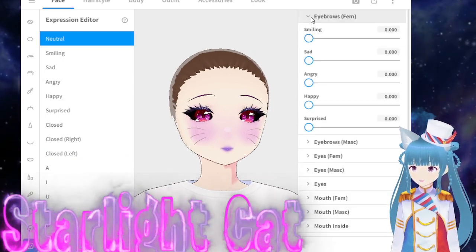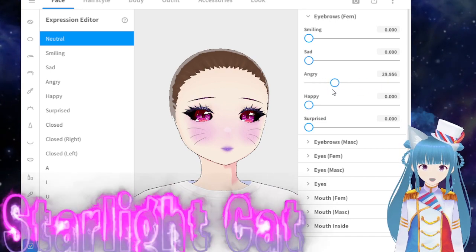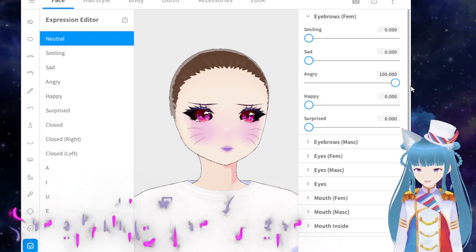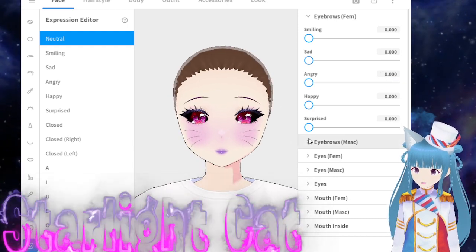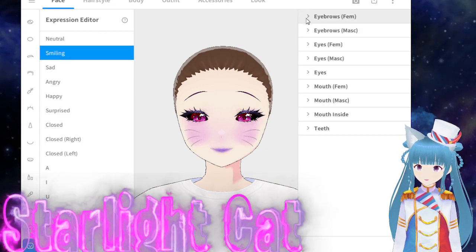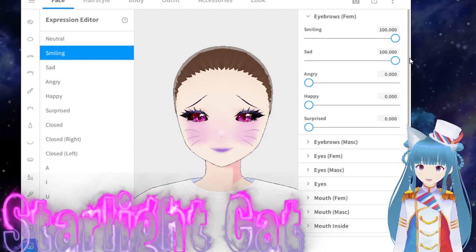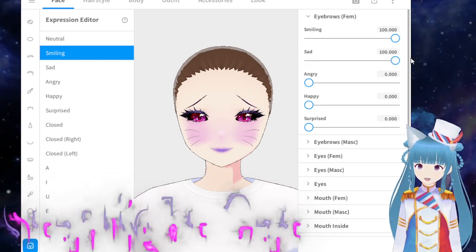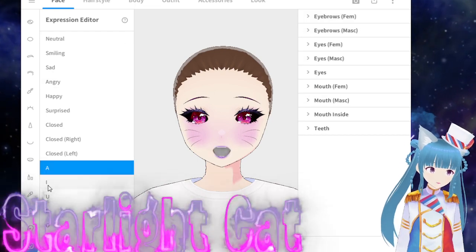But yeah, all of this you can see. So for neutral, I can give it angry eyebrows during the neutral phase. When you're in neutral, everything starts at 0, and then like smiling has a bit of a preset, but like you can go angry, happy, sad. So you have like a sad happy. So and you can build like